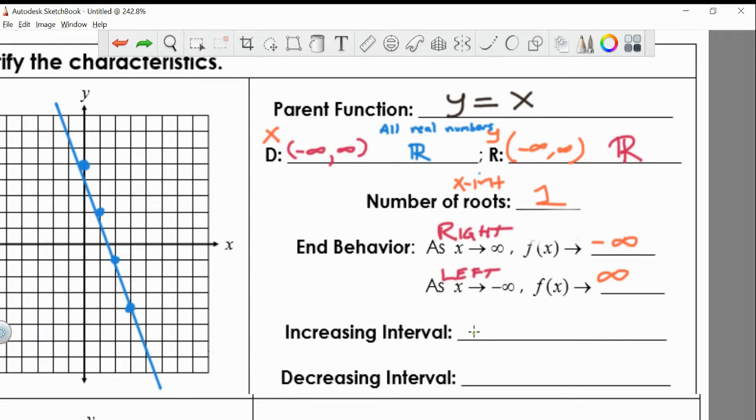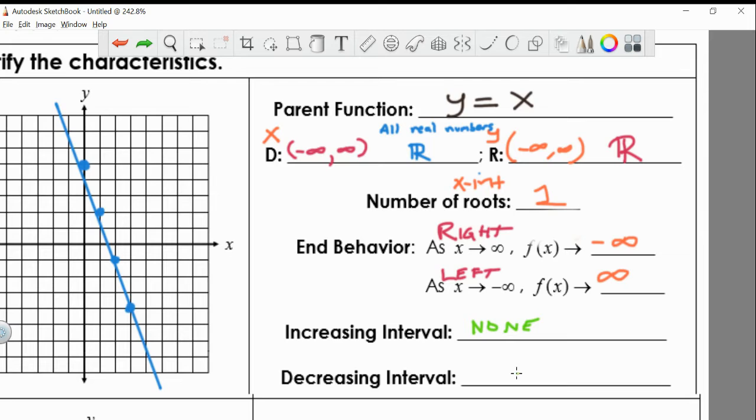First of all, this graph never increases. We know for a fact it's going down, and it's never going up. So no increasing intervals. Now decreasing intervals,